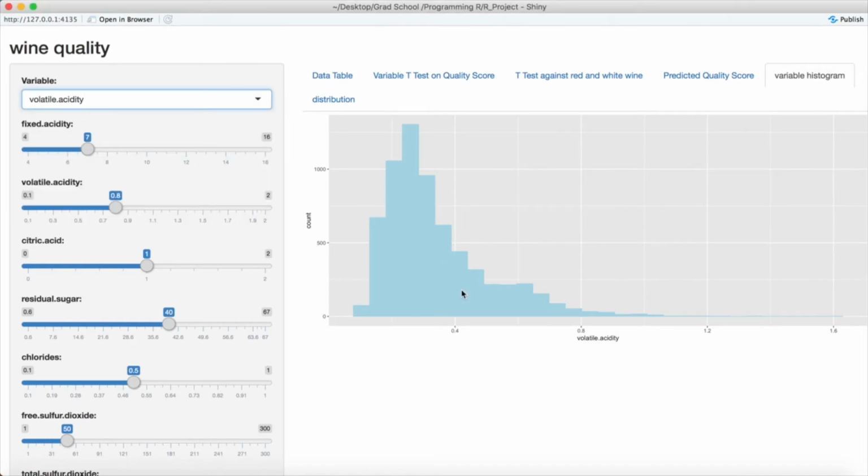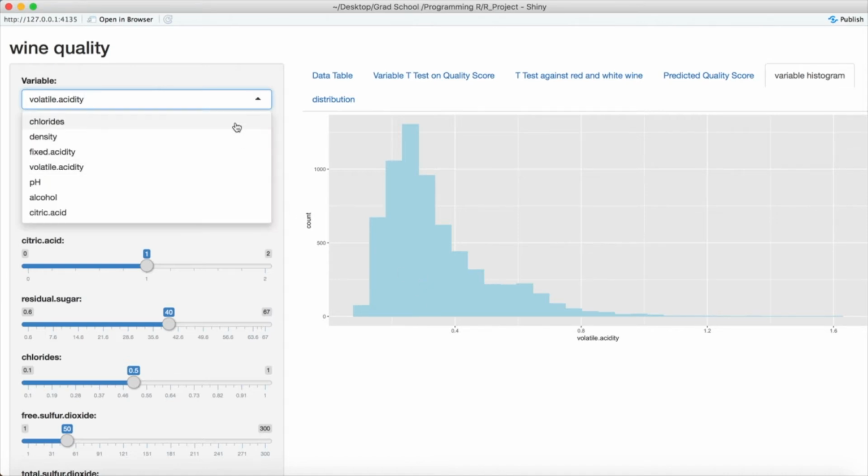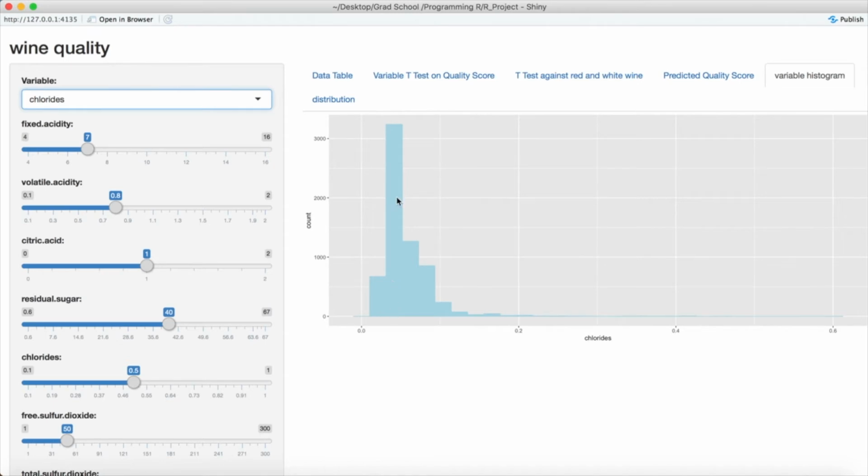So if you look at volatile acidity, you can see that across the wines currently contained in our data set, they peak at a bit less than 0.4, about 0.25-ish. And then we can also look at chlorides, where you can see a majority of them reaching about 0.045. One thing to notice is that this only reflects the wines currently contained in our data set. So it does not have any informative value in terms of how wines overall have certain levels of different